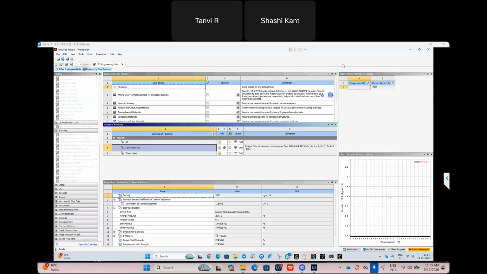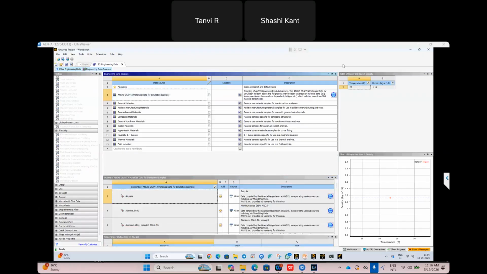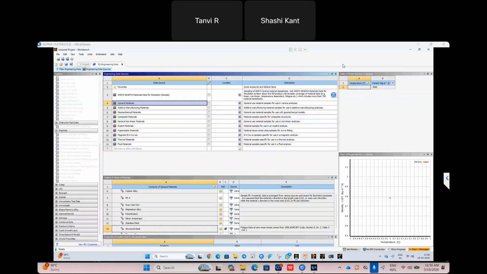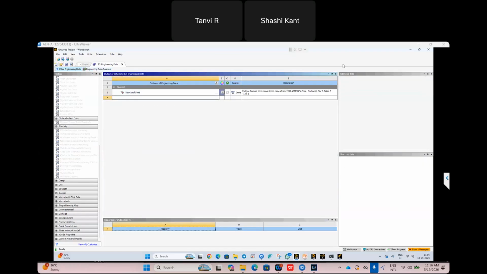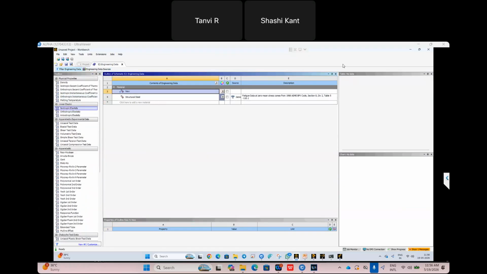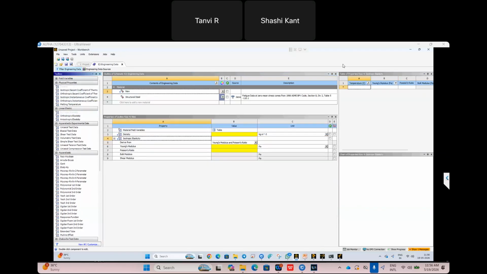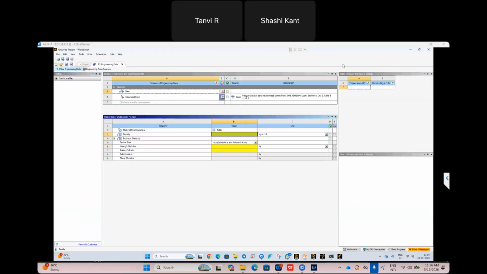Once you go inside this, you will see the complete library is there. The Granta library is there. You will see the materials available, and it also mentions the code and standard from where the property is taken. And let's suppose you say, hey Sasi, I don't want to utilize this property, I want to create my customized one. So you can just give a name for the customized material. You can define which property you want to give there, this one or this one. You just click there, and you can define the specific value as customized.